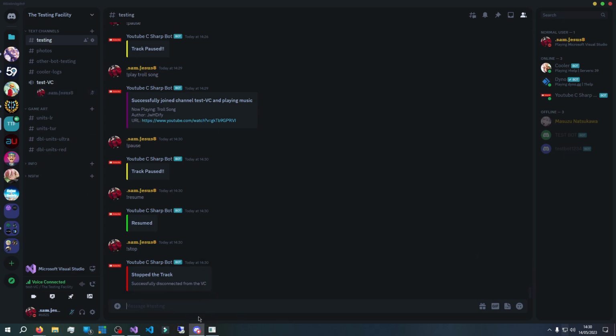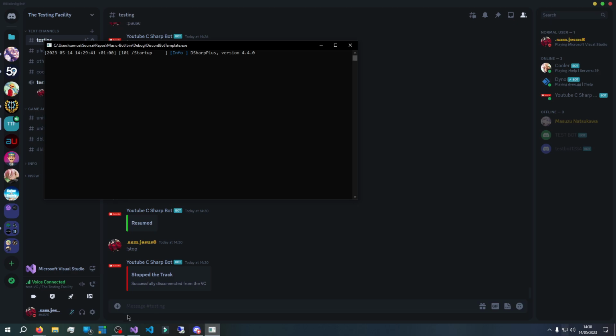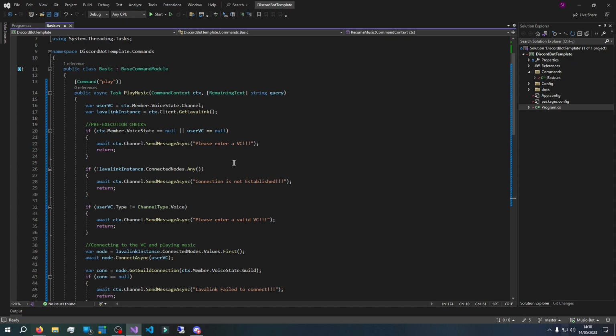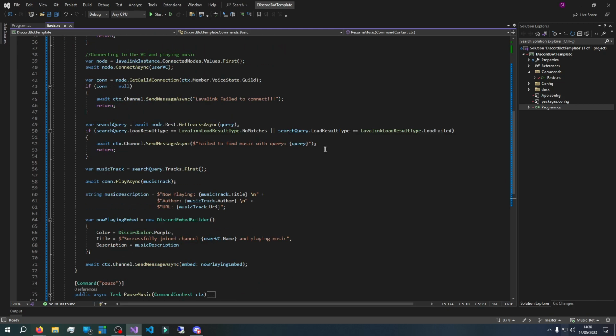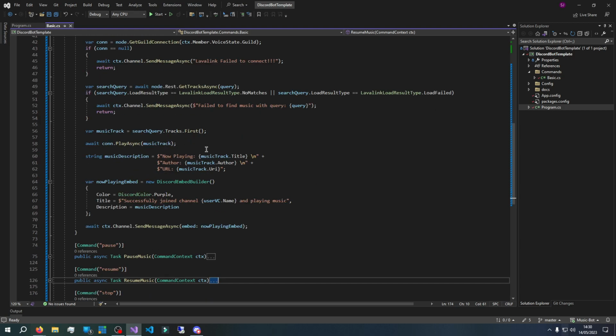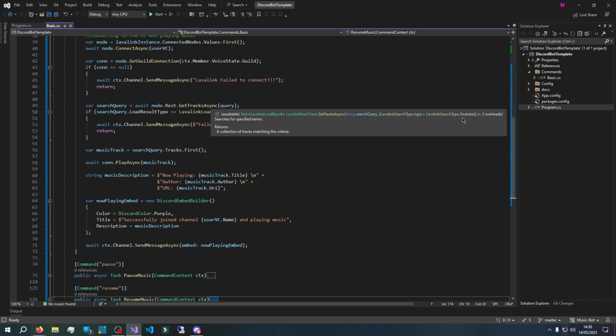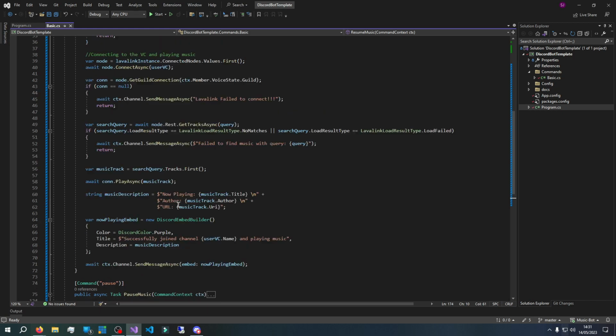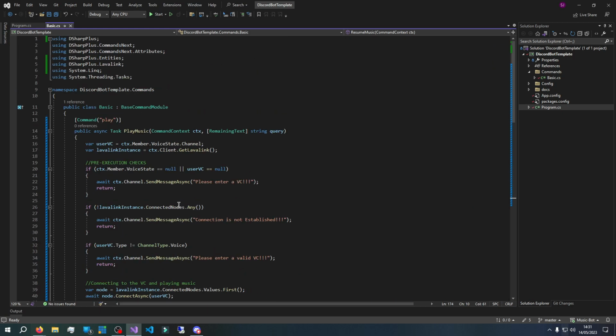There we go. It's pretty darn simple, but it works so effectively. And the beauty of it is you guys can take this code and improve it. So rather than having strings, you can make it so that the user can pass in a YouTube link, or maybe change this. Where was it? The search query. So maybe change this to search on Spotify or SoundCloud or whatever platform that you wish. So literally all the customization is up to you, but I've just provided you with the absolute basics that you need to work with when making a nice sound system